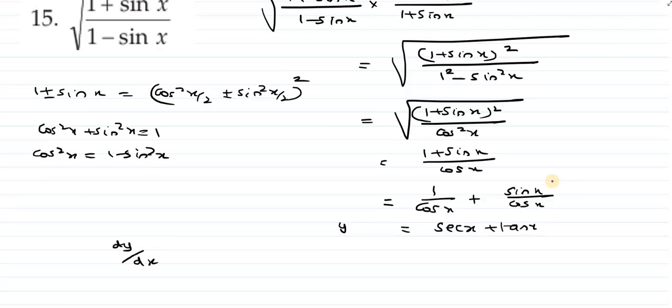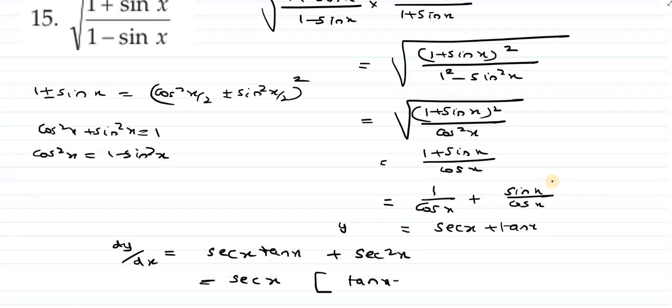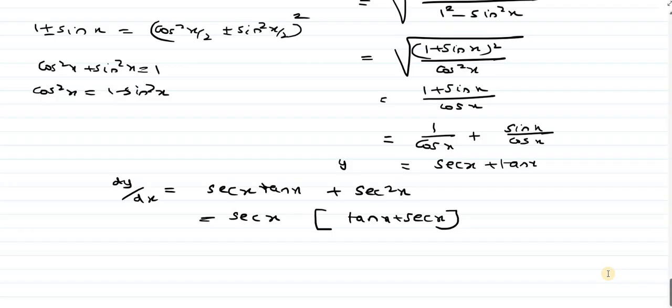Now your differentiation is easy, because differentiation of secant x is secant x tan x, and differentiation of tan x is secant square x. If you want, further you can take secant x outside, so it will be secant x times tan x plus secant x. Clear? Any doubt in this? Okay. Now next is